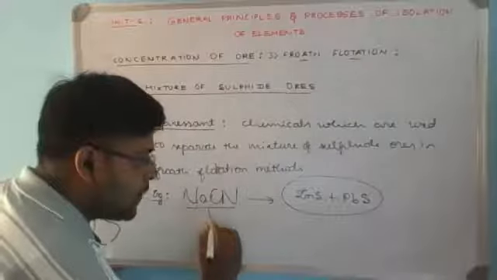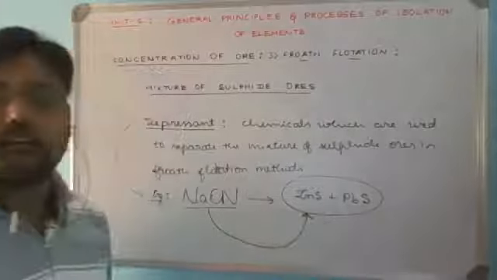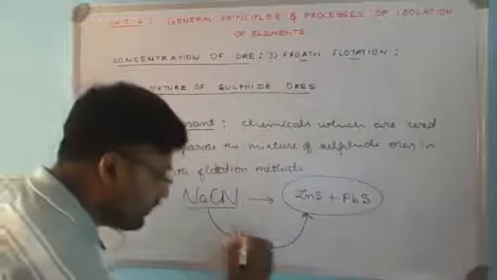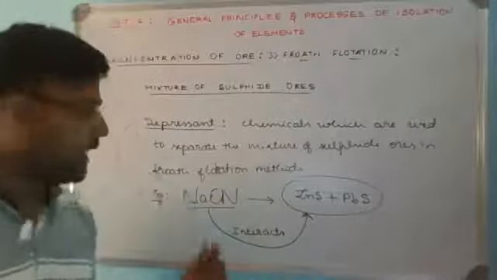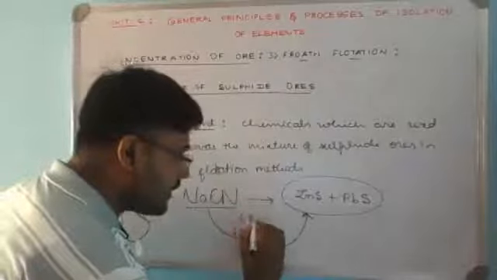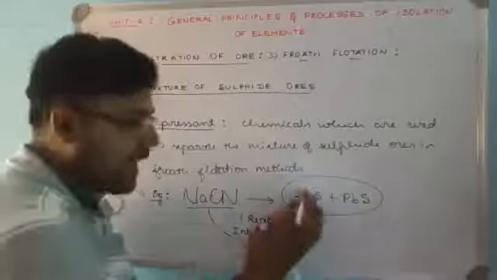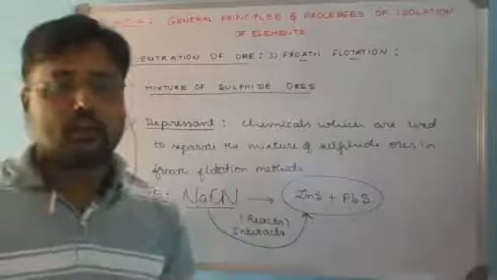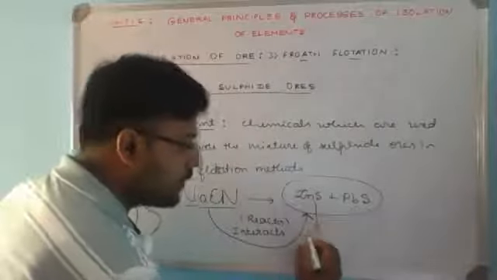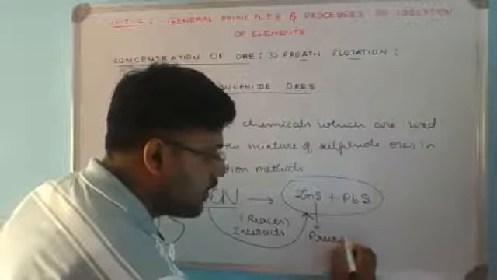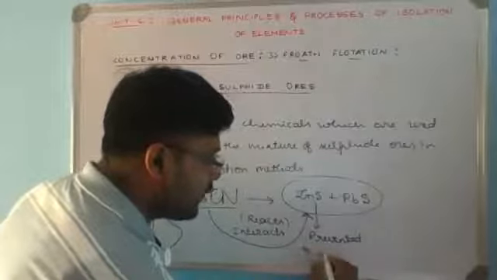as a depressant. Now the role of this depressant in separating is that the depressant is going to interact with one of the sulfide ores. It is found that NaCN as a depressant will interact with ZnS. That means it reacts with zinc sulfide. Once the chemical reacts with zinc sulfide, it is not going to move into the froth. As a result, ZnS is prevented from entering into the froth.